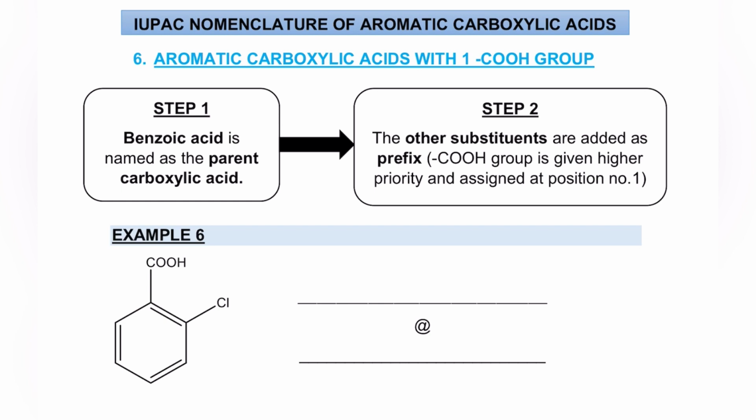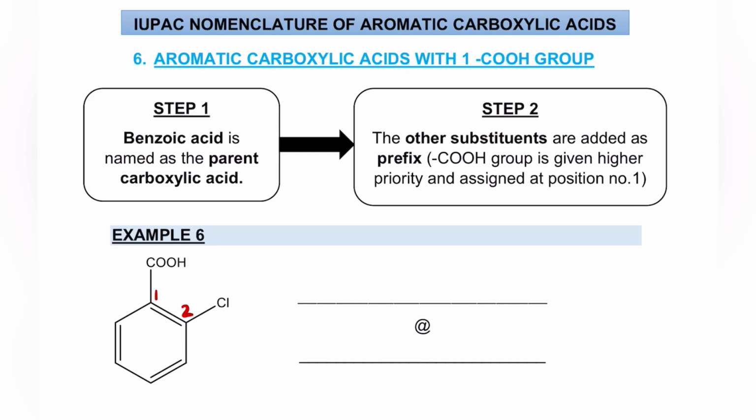Now we go for the IUPAC nomenclature for aromatic carboxylic acid. So this is where you have an aromatic carboxylic acid with 1 carboxyl group. So the parent will always be benzoic acid. And then if you have any substituents, make sure the carbon in the ring that is attached to the carboxyl group will be the first carbon. So you can see that this is our carboxyl group, this is our halogen. And then I want to determine the first carbon. Automatically this one is the first carbon, followed by chloro at the second carbon. So the name for this one will be